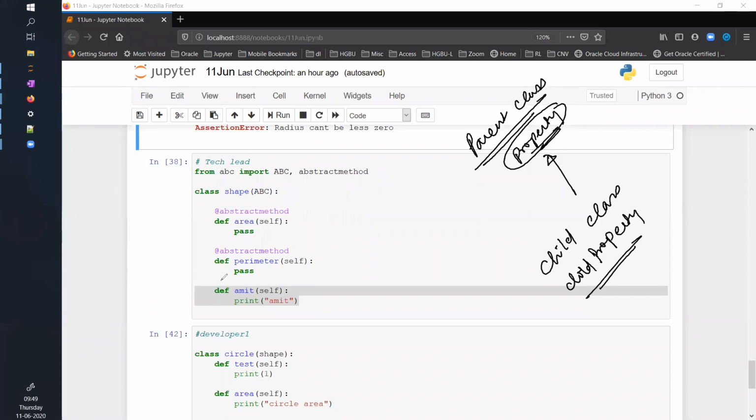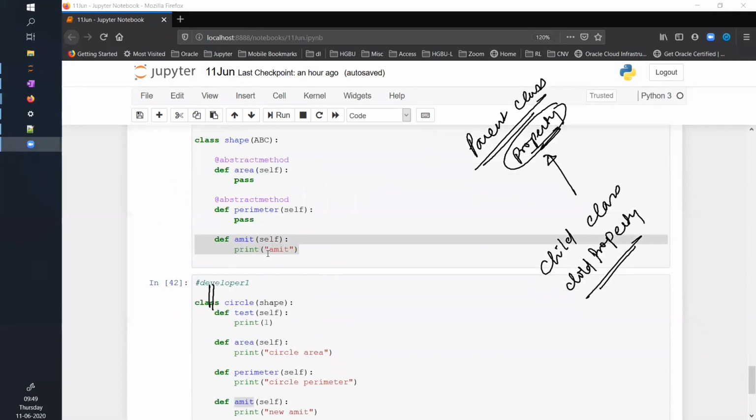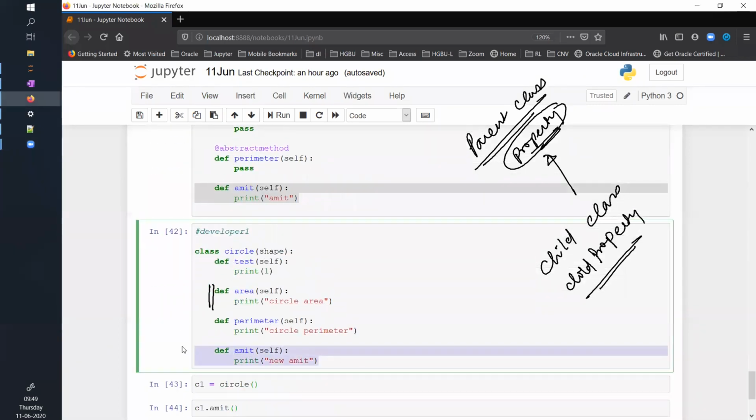So all the functions and methods which you are seeing here in the parent class will be directly inherited by the child class. That is what I'm trying to say here. When I am not overriding it, when this function was commented out, I was still able to access this function because I'm inheriting from the parent class. Okay, and when I'm trying to override, so this was the example.